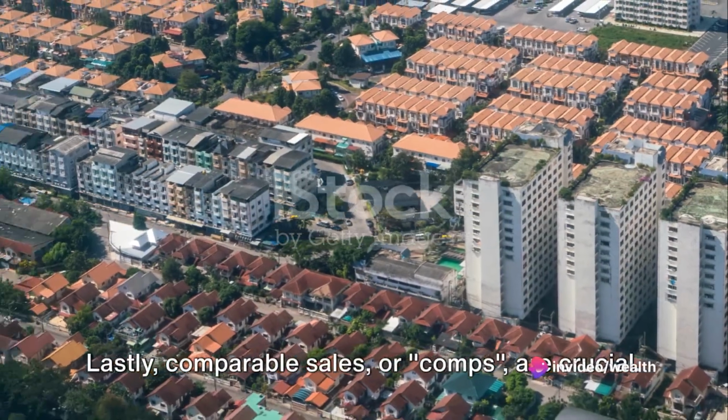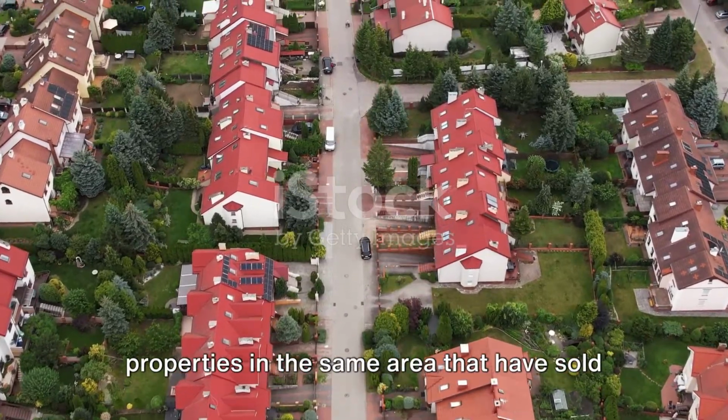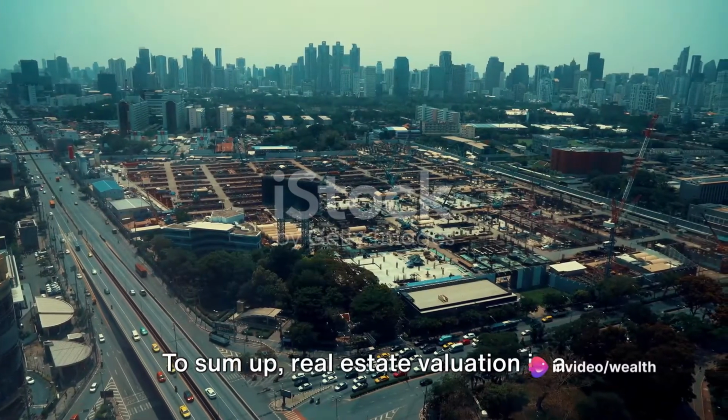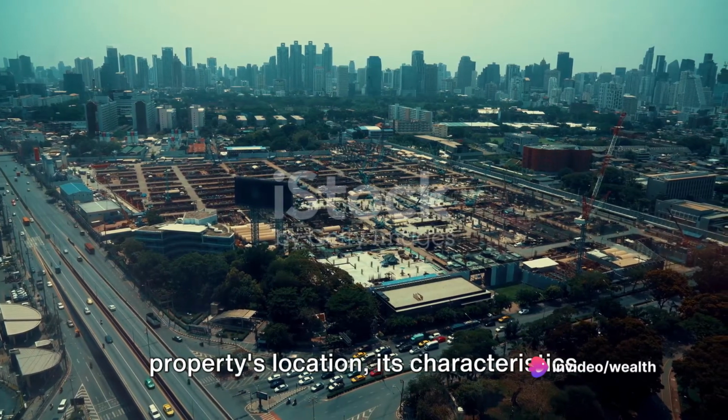Lastly, comparable sales or comps are crucial. Real estate professionals look at similar properties in the same area that have sold recently to help determine a property's value. To sum up, real estate valuation is a complex process that takes into account a property's location, its characteristics